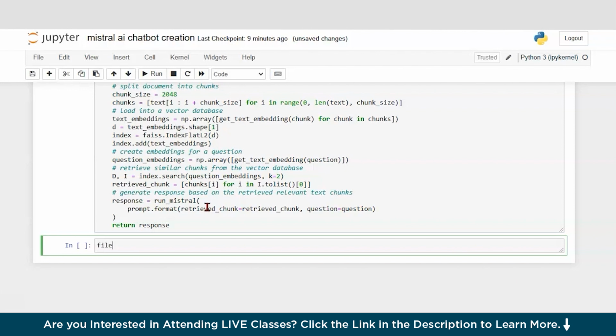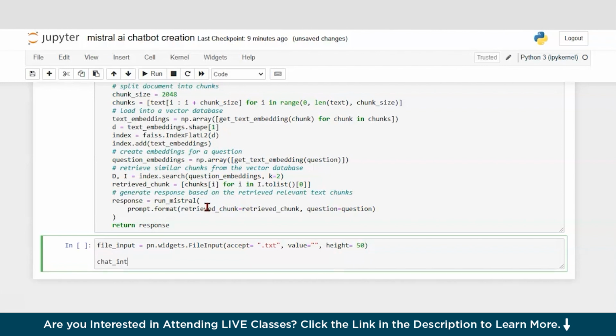For that you have to write file input equals to pn dot widgets dot file input, then accept equals to text dot text, then value equals to, then we'll write height equals 50,